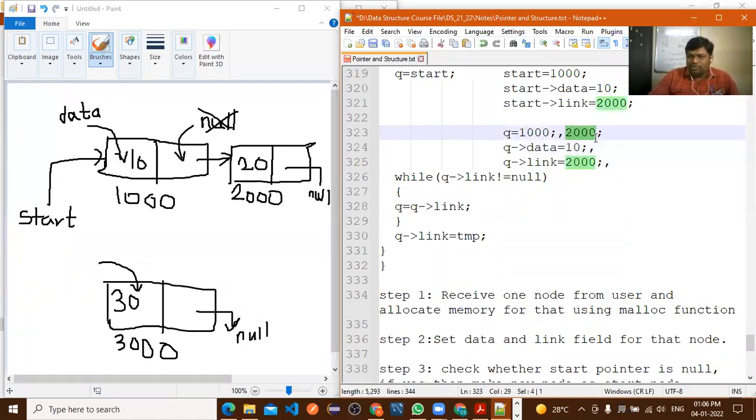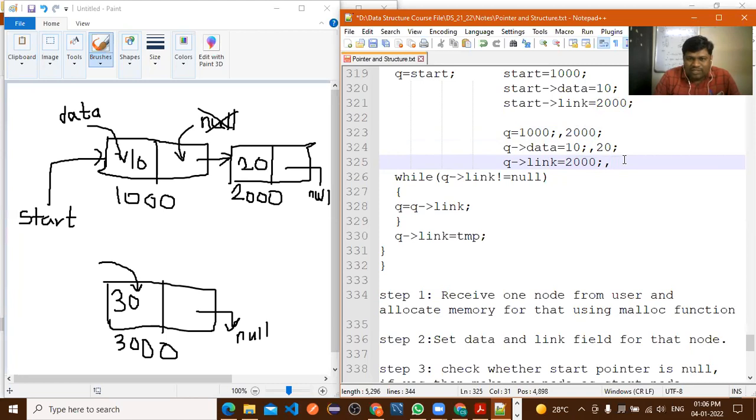Now if the value of q is 2000, then what will be the value of q of data? The value is 20. So what is the value of q of data? 20. Now what is the value of q of link now? 3000.